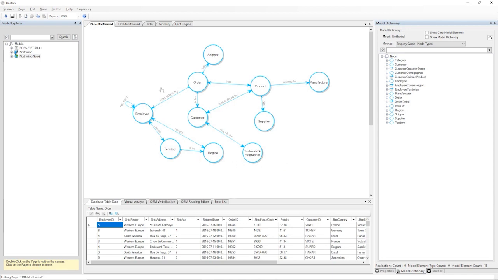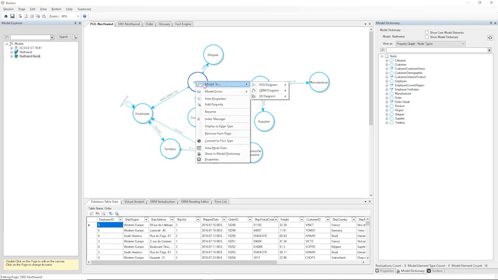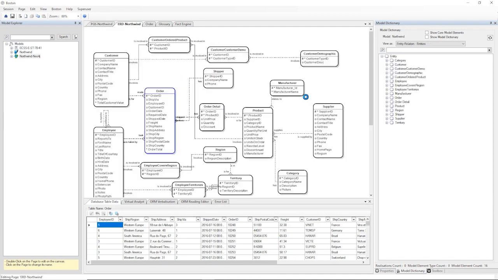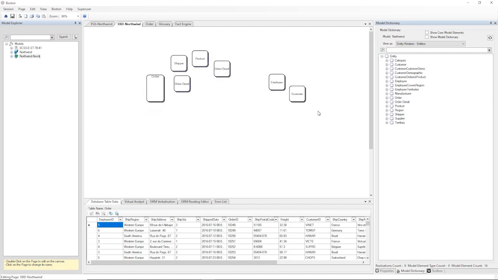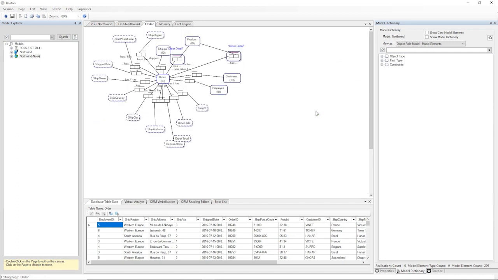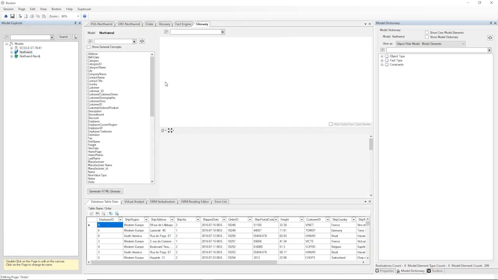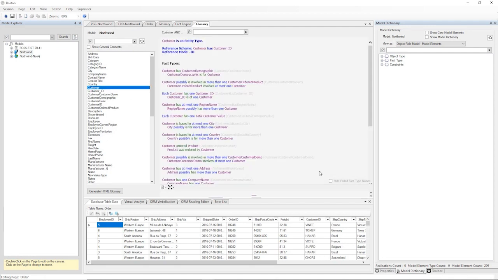Boston lets you visualize your database or your data warehouse as a property graph schema, an entity relationship diagram, or an object role model, and where object role modeling provides the added advantage of being able to have natural language semantic realization of your schema,